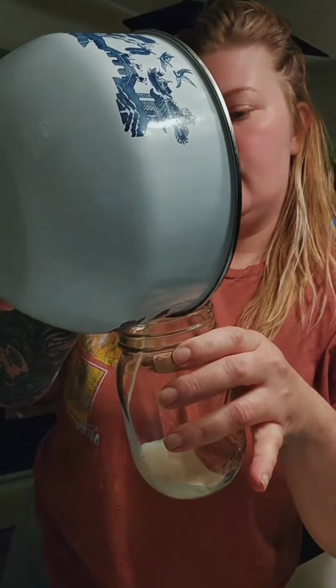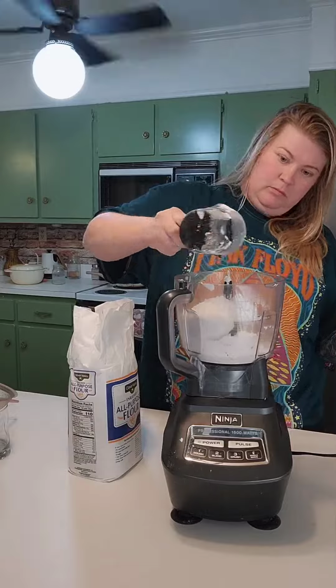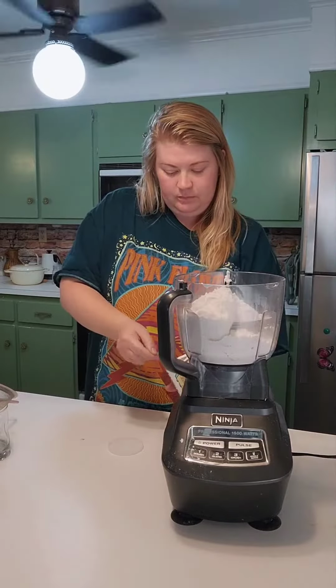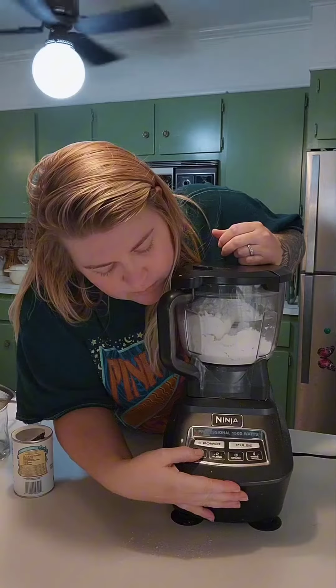Yesterday I made butter and had buttermilk left over. So this morning I'm making cranberry honey butter biscuits using some of that buttermilk we had left over yesterday. You're going to start with 2.5 cups of flour and 2 tablespoons of baking powder, along with a pinch of